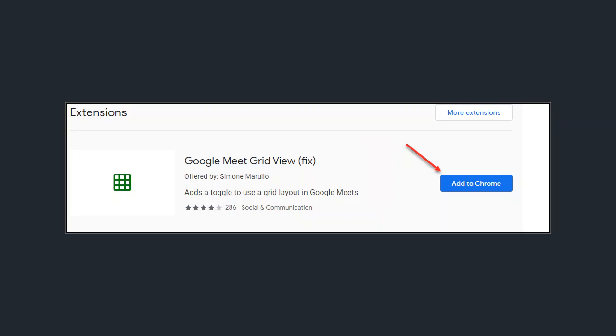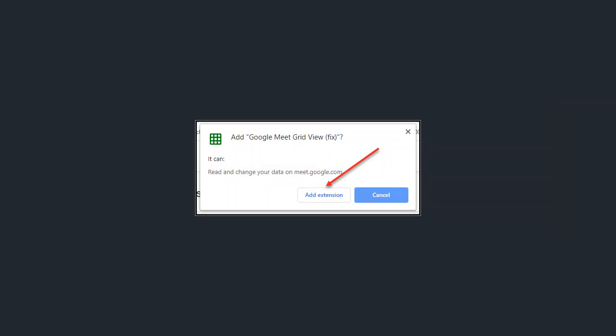You may see several Google Meet GridView choices. The one that you want is this one here that has the word fix at the end, and it's offered by Simone Marullo. Click Add to Chrome, and then click Add Extension,